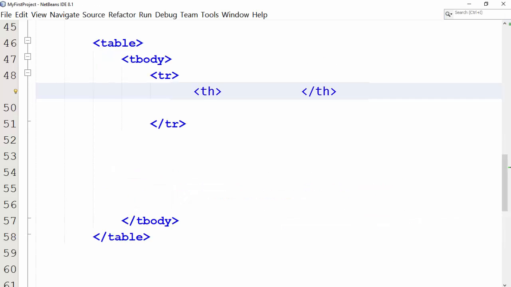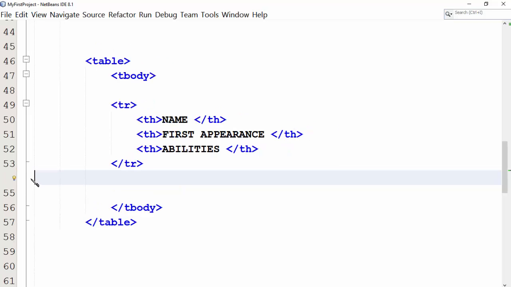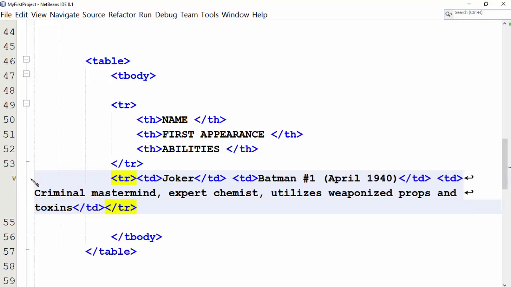The first row is the table header. HTML allows you to add a table header using the th element. So let us add the first row, that is the header row, using the th element. The code looks something like this. There are 3 th elements for our 3 columns. We will add content for the other rows as well. The code looks something like this. You must have observed that there are 3 td elements for 3 columns.